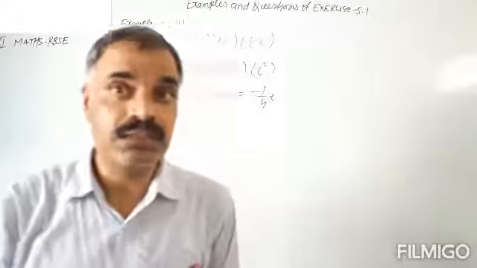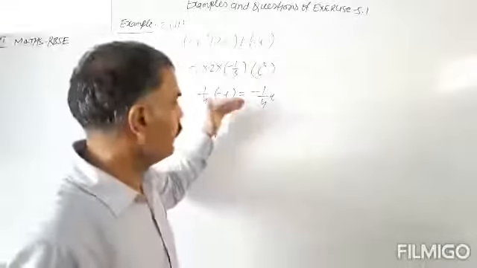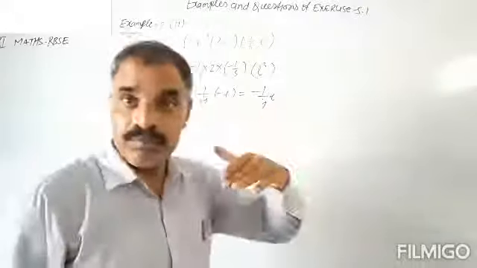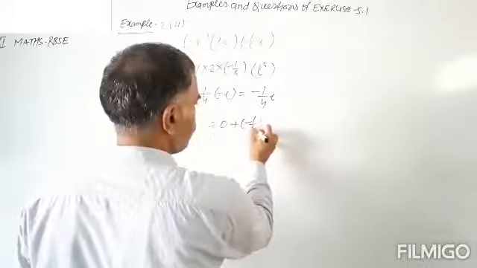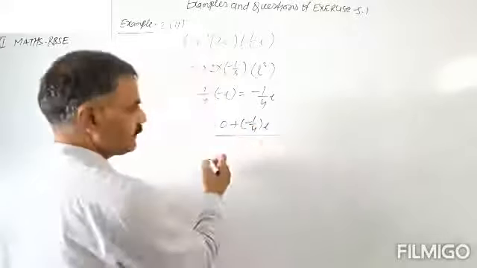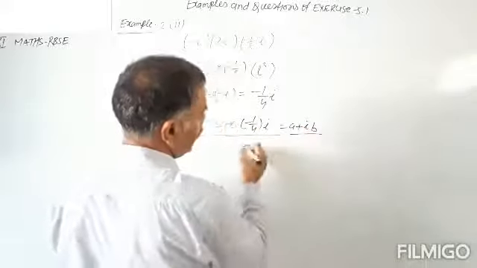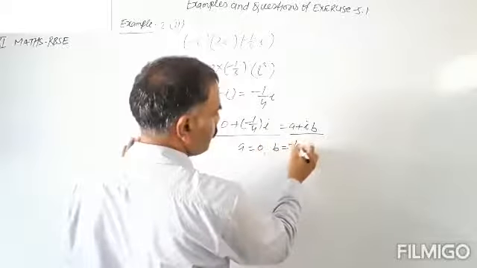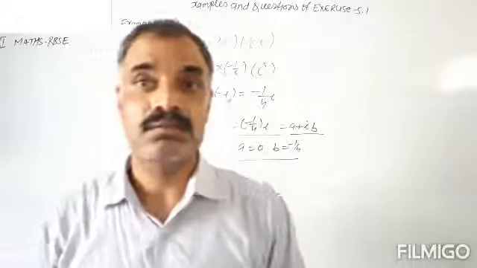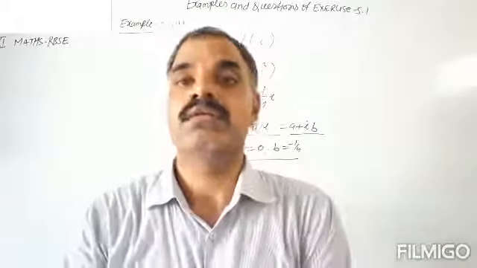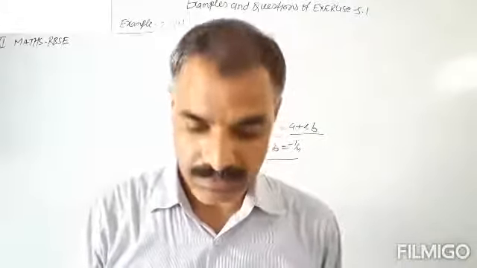This is the simplest form of the given number. Here we have only the imaginary part, not the real part. So this can be written as 0 plus minus 1 upon 4 iota. When we compare this with a plus iota b, a equals 0 and b equals minus 1 upon 4. So this is the standard form of the given complex number. This was example number second. The first part you can do on the same lines.